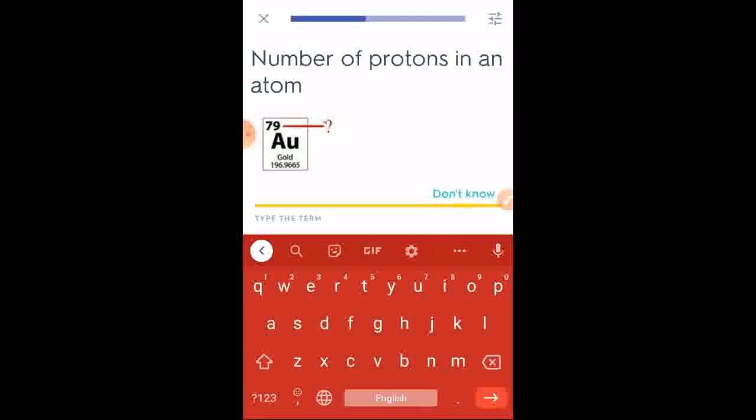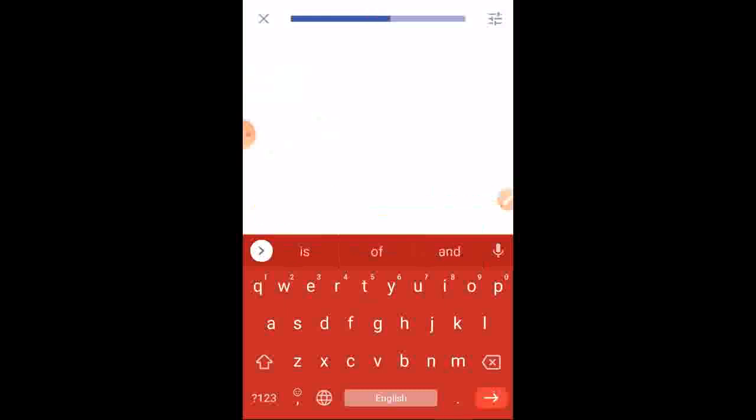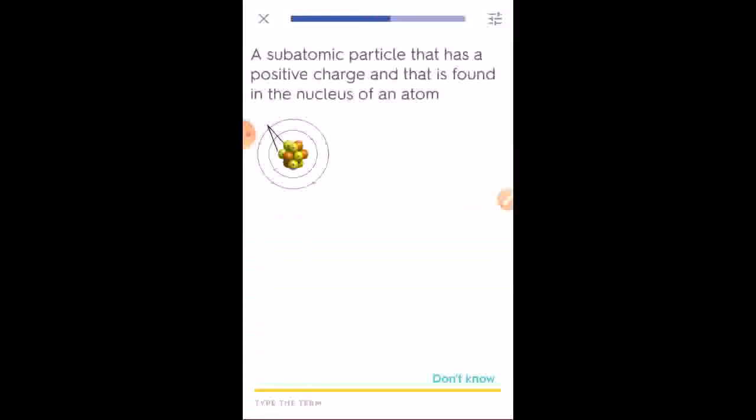Now for this option, you have to type each and every word, each and every answer using your keyboard. So it takes a lot of time. Atomic number, you have to type it like this. Then you press atomic number. Then a subatomic particle that has a positive charge and that is found in the nucleus of an atom. So like this, you have to answer each and every question by typing the answer. So it takes a lot of time. So I am going back now.